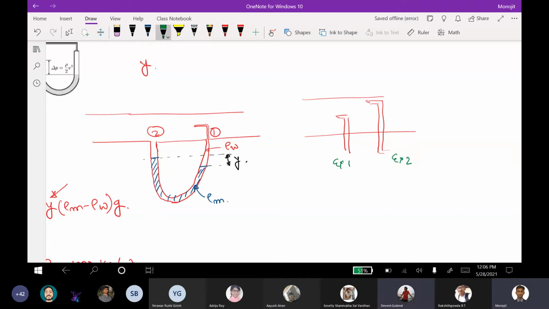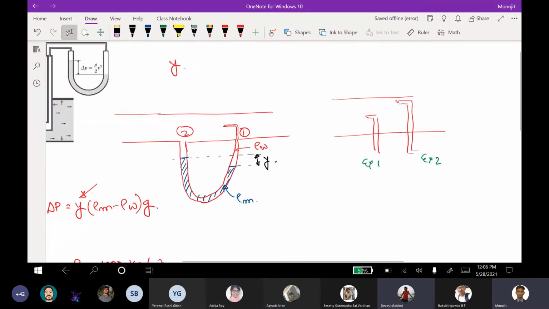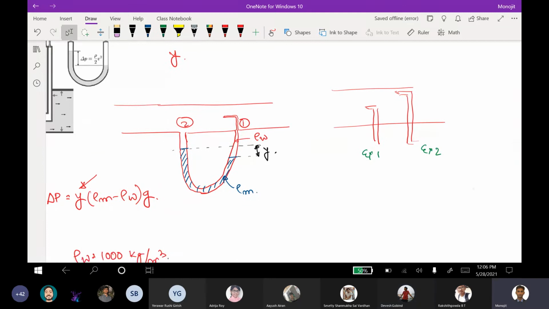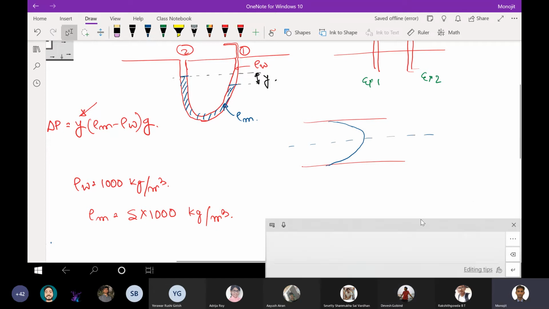Experiment 1. Why? Because velocity will be greater. The velocity profile is parabolic, so it is expected to be greater when it's more towards the center. Yes. Now comes one of the assumptions. Here you are assuming that the flow is kind of parabolic. So the flow looks something like this, right? Now, when is this assumption valid?